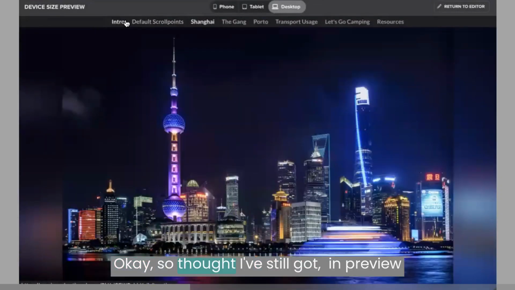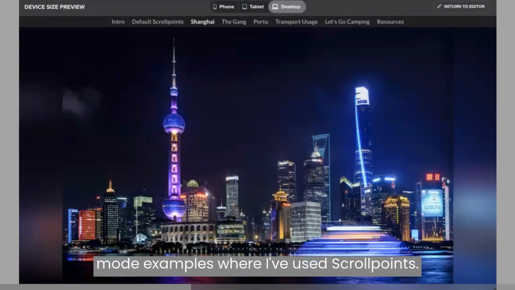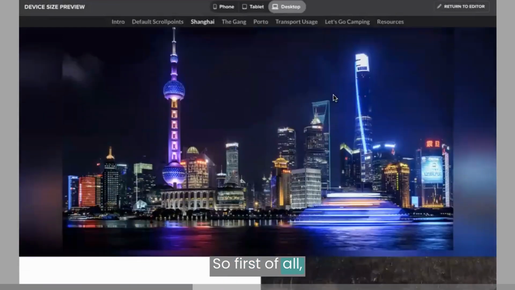Great. Okay, so I thought whilst I've still got in preview mode, that we'll just take a look at some other examples where I've used scroll points. Okay, so first of all,